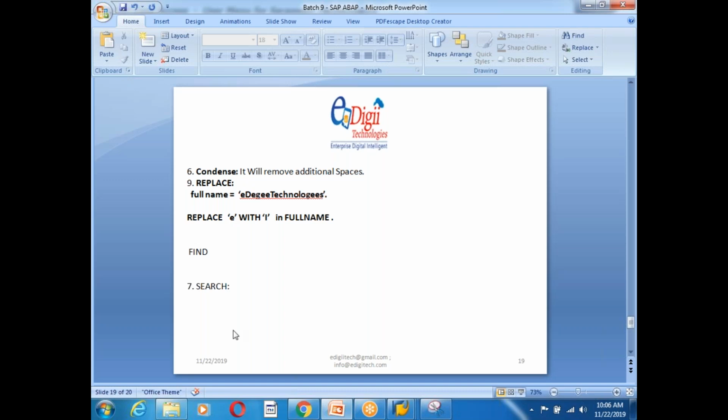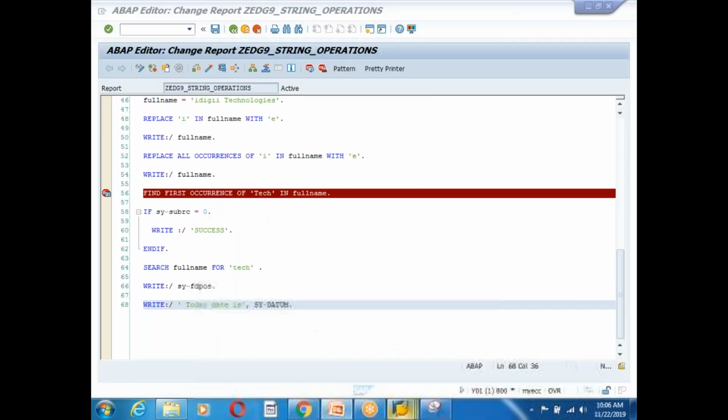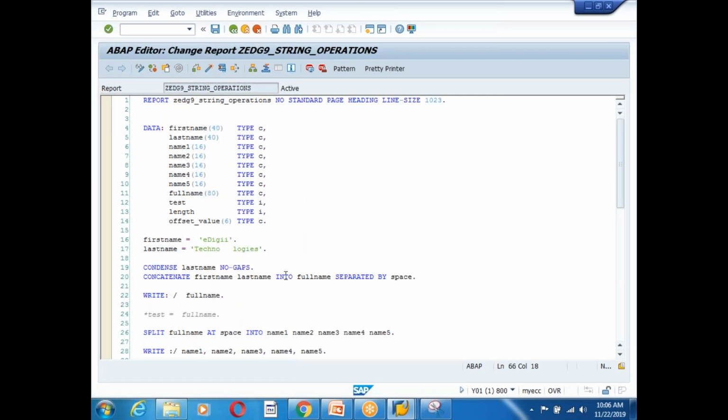Okay, so I'm going to upload this into the PPT, and you can use it, guys, the program is available in the lab server. The program is GEDZ9 string operations. Maybe if you want, I can attach it in the